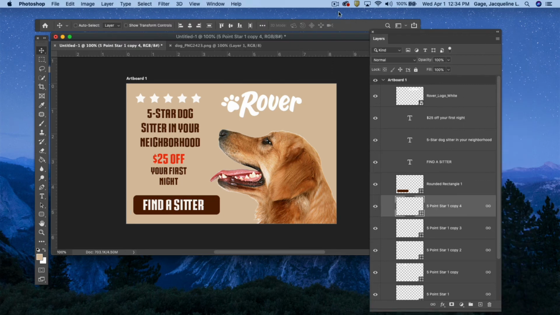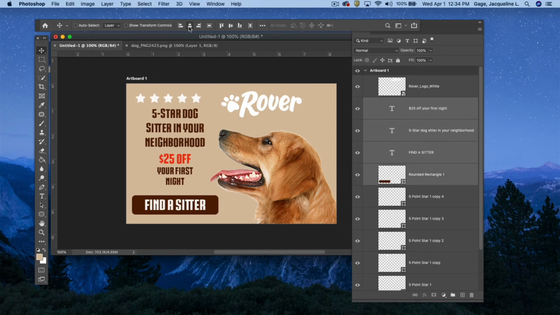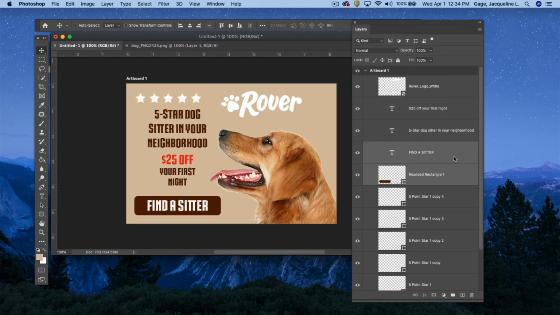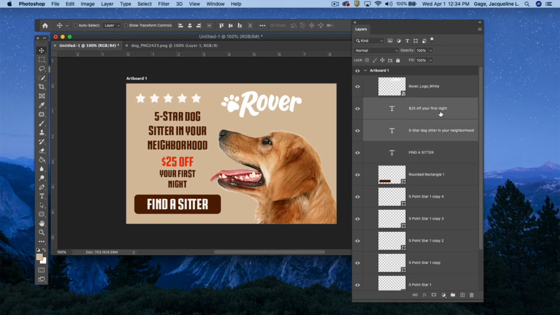I do want to make sure that all my text is aligned, so I'm going to go back to my layer palette and I'm going to select my lines of type, also that rounded rectangle, and align everything to the center. Again, you can use your arrow keys to tweak things over. Maybe I want to move this button up a little bit, so I'm going to select both of those layers, move that up, maybe move those lines of text down a little bit, and I'm going to grab those stars,